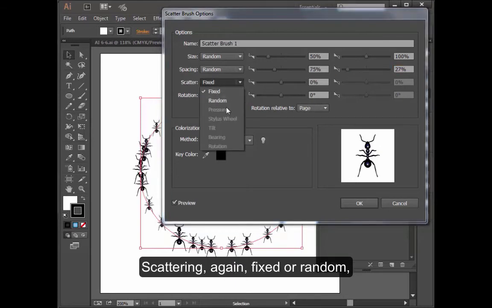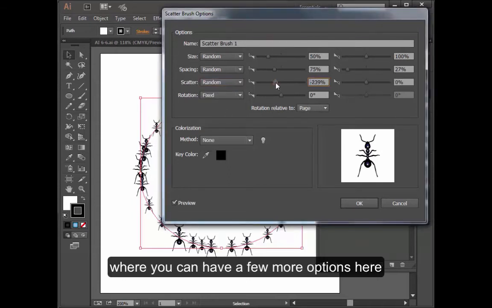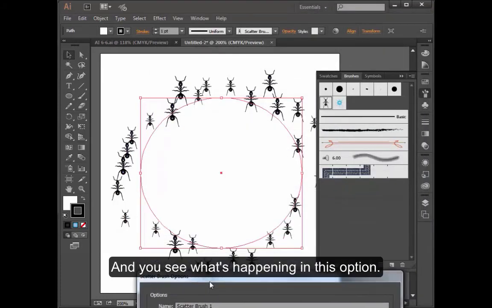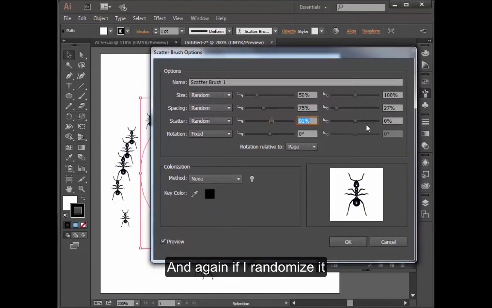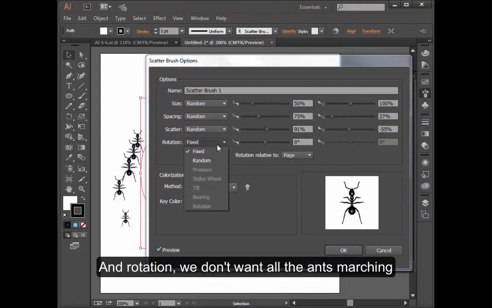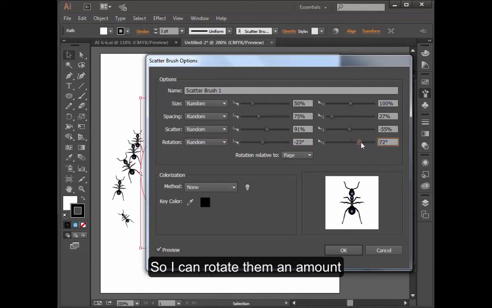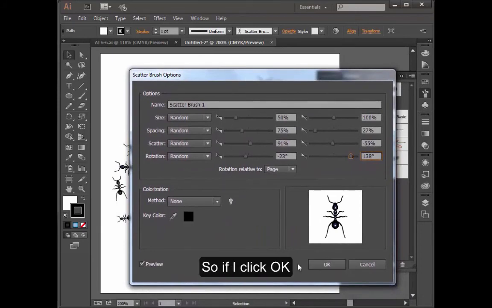Scattering, again, fixed or random. And remember, these remaining options here are for when you're working with a tablet, where you can have a few more options. Let's scatter these a little bit, and you see what's happening in this option. It scatters it away a certain amount. Again, if I randomize it, I have ins and outs of an amount here. You can see that they're moving all around now. And rotation. We don't want all my ants marching in the same direction. Some of them might be looking the other way. So I can rotate them an amount, and the more I do this, the more crazy they go in all different directions. So if I click OK,